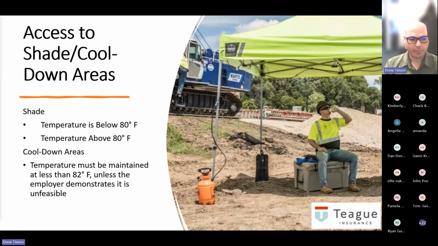Now, once we have the temperature above 80, then an employer has to maintain at least 1 or more elements of shade at all times. Access to the shade has to be permitted at all times. The area must not cause exposure to another health and safety hazard. And you want to try to locate that shade as close as possible to the area where employees are working. Be sure to provide enough shade to accommodate the number of employees on recovery or rest periods and during meal periods. You want to allow and encourage employees to take cool down rests in the shade,